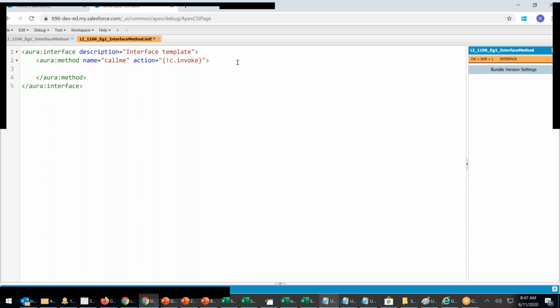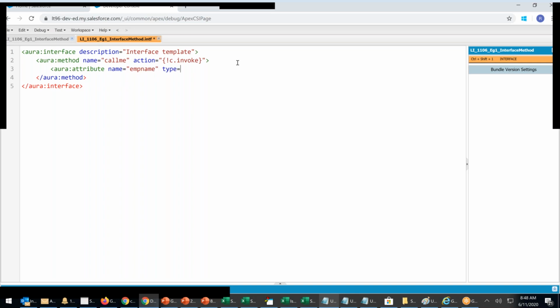Inside the method, do you want any variables? Yes, let's take a method with a variable. Same thing, aura attribute. What I took last time was employee name and age, if I remember. I don't remember, but anyhow, fine. So name equals EMPNAME, employee name.